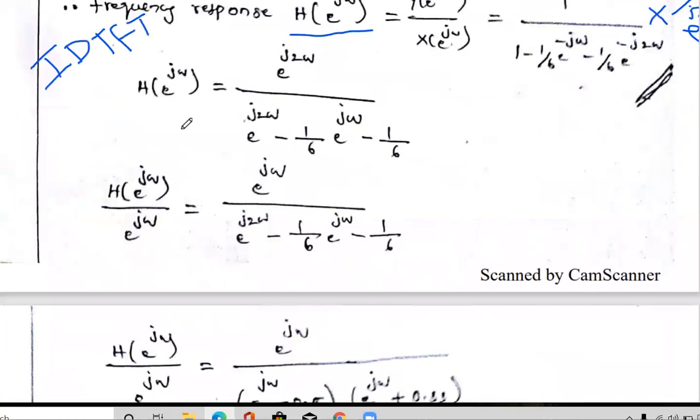Before performing the partial fraction, as you already know in the Z transform method and the DTFT method, if it is a Z transform we have to keep one z in the left side denominator term. If it is a DTFT we have to keep one e power j omega on the left side. So e power j2 omega can be split as e power j omega into e power j omega. So one e power j omega you keep here, and it can be written as e power j omega by this one.